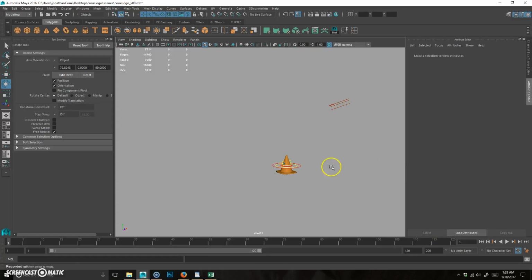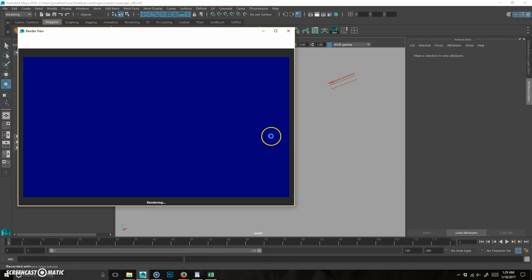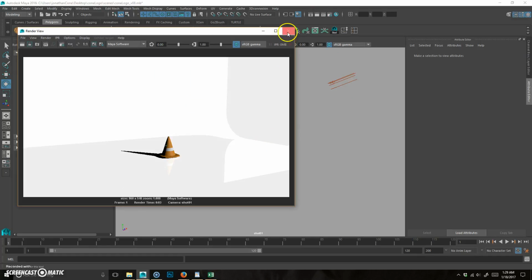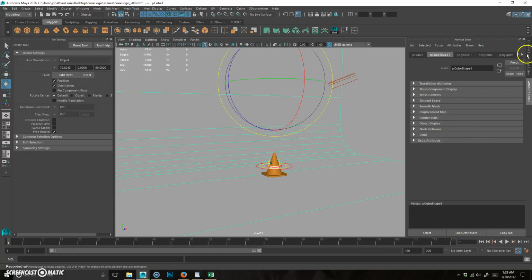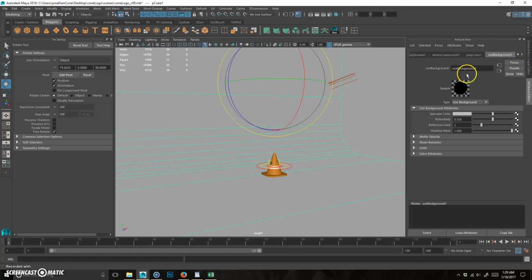What that's going to do is that basically whatever the background color is what it will be. So you can see it's not quite right. It's close. I have to select it and go to that material, go to the attributes, and I should rename this anyway. So we're going to call this backdrop_MAT. And you can see reflectivity. I don't want that on there. So now if I hit render,